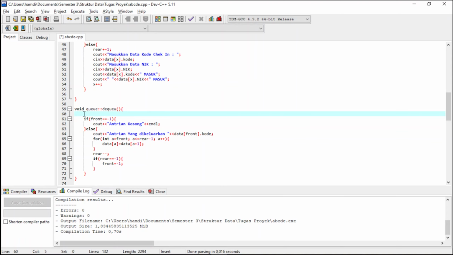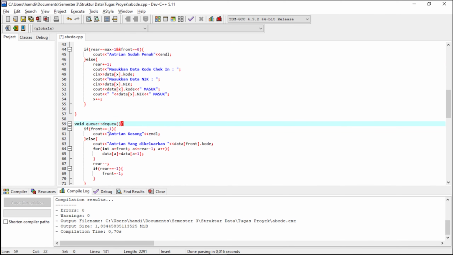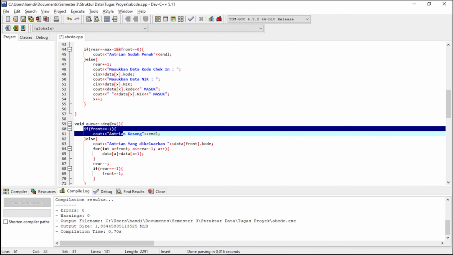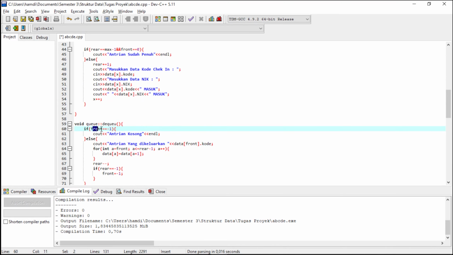Sorry, we don't need that. If the queue, we check first if front equals -1, and then the program will display in the console that the queue is underflow or is empty. And else, if the queue is not empty, it will display or will